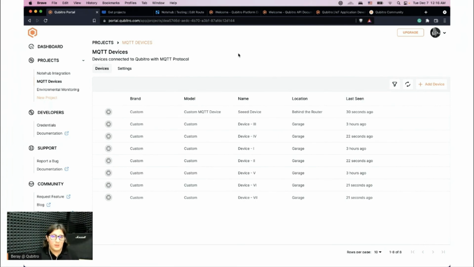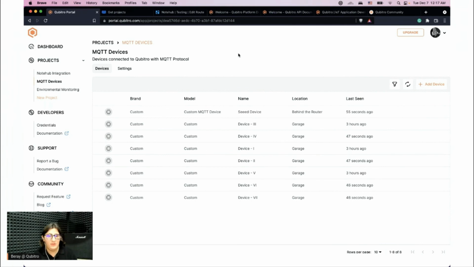So with Notehub integration, you can easily update your devices through Notehub, the code that publishes data to Qubitro, for example. And you can also easily access your device information and device data, no matter how frequently you are publishing those data to Qubitro. We don't count data rate.